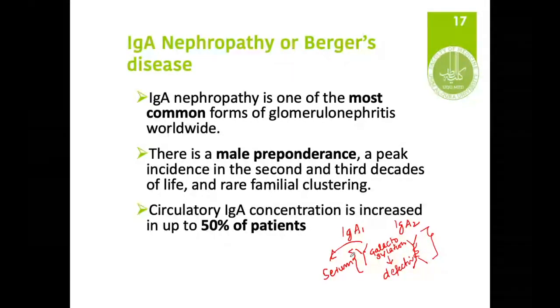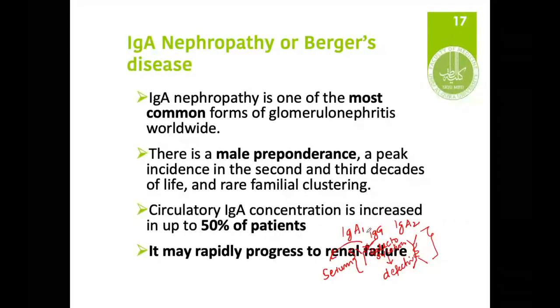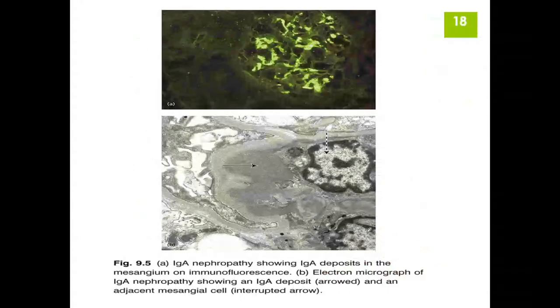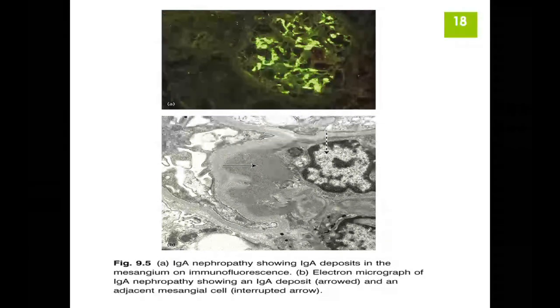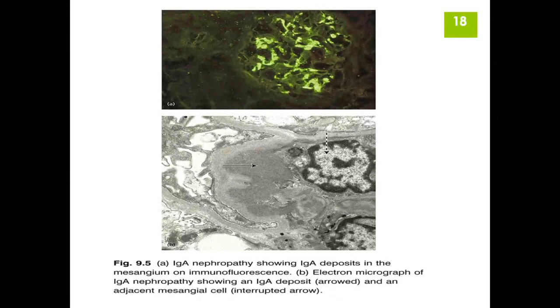And then the IgG antibodies are produced against this defective glycosylated part. That's how antigen-antibody complexes are formed in case of IgA nephropathy. And it may rapidly progress to renal failure. So that's why a biopsy is very important. And what you see in these renal biopsies is that especially the IgA antibodies, these defective IgA antibodies, they are